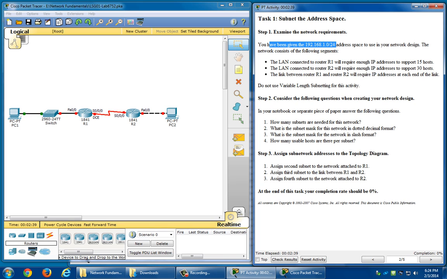Then I've got a 224 as my mask. So now that we have these multiple ones, the first thing you're going to do is say, I've got a 192.168.1.0 network, right? My next network is my next network is a